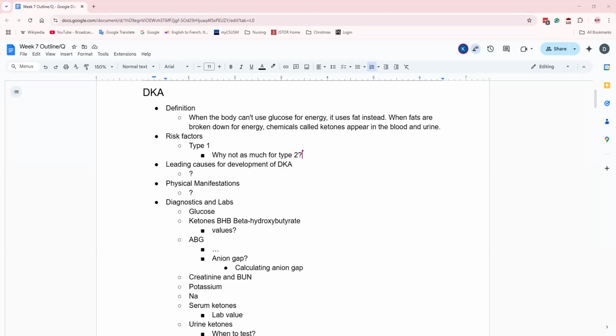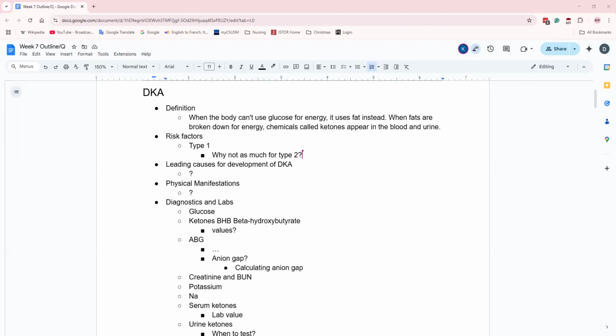They didn't even know they had it. That actually happened to my cousin. He had type 1 diabetes and they found out when he was still, I think, a little less than 10. I don't remember how old, but he didn't know and he went into DKA and ended up in the ICU. So that's a big one as well. If you don't know, then you're not going to know that you need to do something to fix it, because you didn't even know that you had diabetes in the first place.